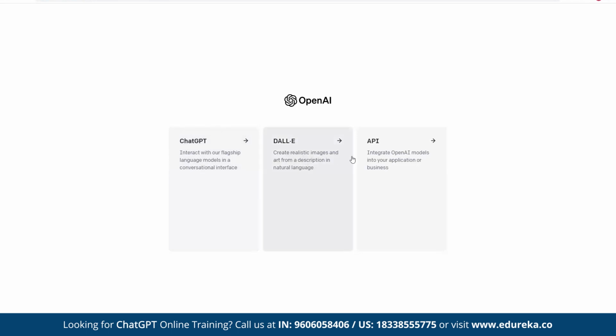DALL-E creates realistic images and art from descriptions in natural language, so DALL-E is related to image processing. And the API integrates OpenAI models into your application or business. All of you need to understand that various APIs of these are being utilized by businesses.